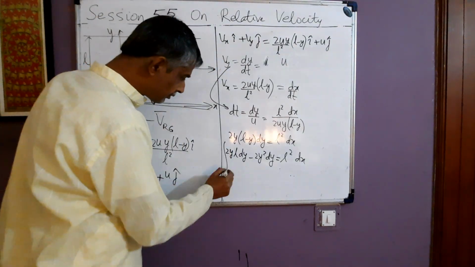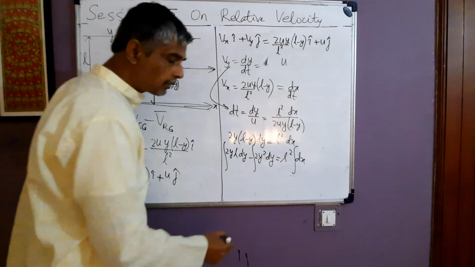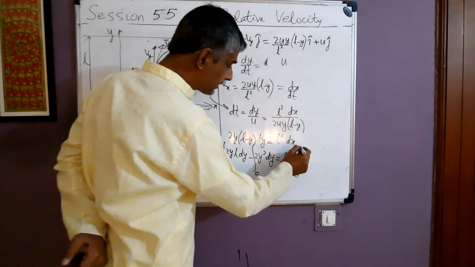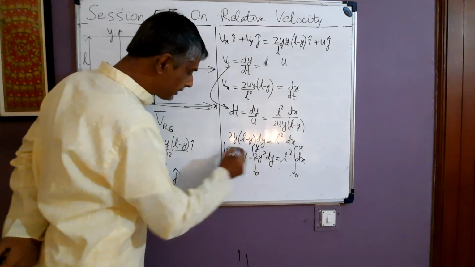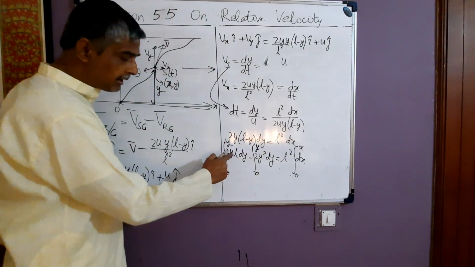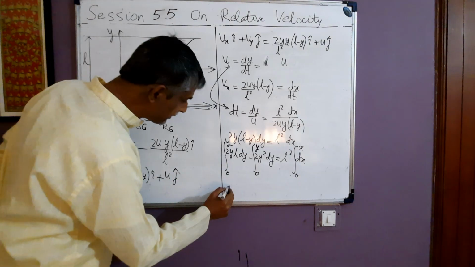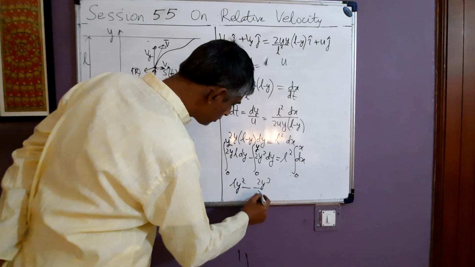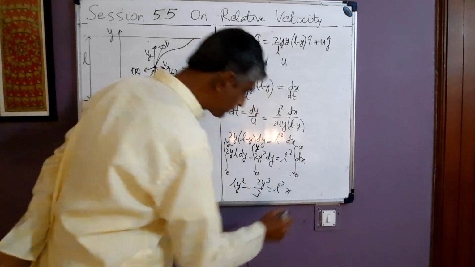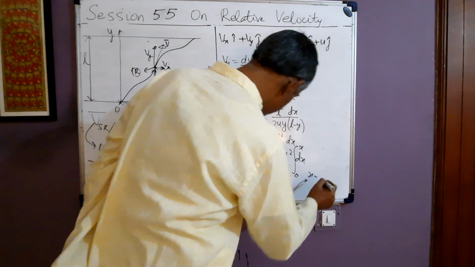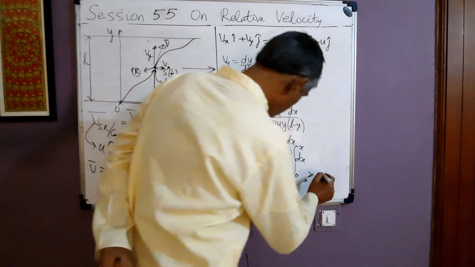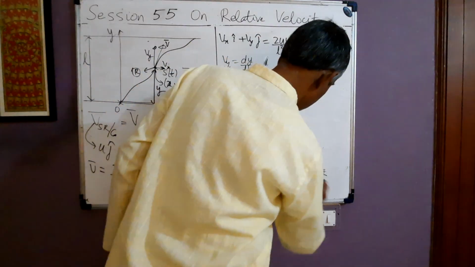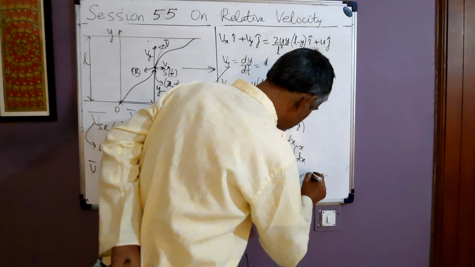Now what we do? Integrate this equation on both sides. Initially the swimmer was at the origin, so the x coordinate is 0 initially, and the y coordinate is also 0 initially. At an arbitrary instant the x coordinate of the swimmer becomes x, and the y coordinate becomes y. Now L is constant, so L goes outside. 2y dy when integrated with limits gives L y square, minus 2y cube by 3. This is just equal to L square x. So this means x is equal to